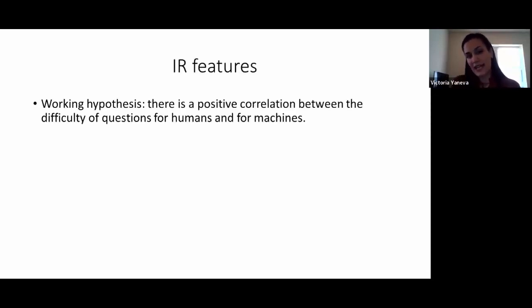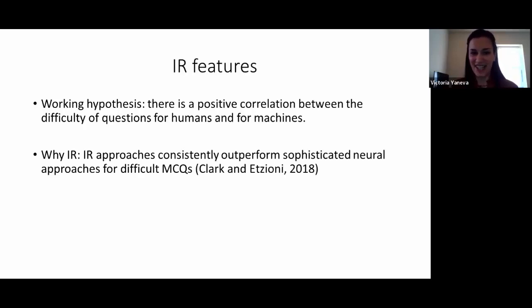And finally, a few words about the information retrieval features. We started off with a working hypothesis that there is a positive correlation between the difficulty of questions for humans and for machines. Now, at this stage, we don't know if this is true, and testing this hypothesis was kind of a byproduct of this research. So we trained an information retrieval-based question answering system, which was shown recently to outperform, not our particular system, but information retrieval-based question answering systems actually outperform deep neural systems in competitions where the task was to answer 8th grade science